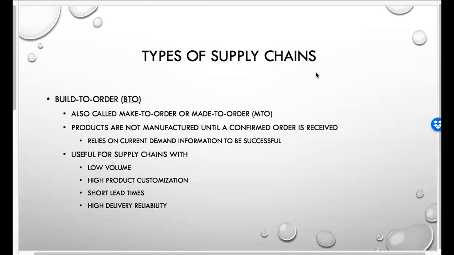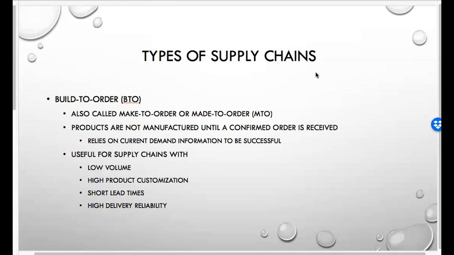Okay. So high product customization. If you are a low volume person with high product customization, then pull is good for you, because it allows you to add customization to fewer items. Pull strategies are a lot more flexible in that they can deal with product customization better. Also, short lead times are important. Obviously, high product customization and short lead times sometimes don't go together. High product customization is basically almost the same as an additional supply line. I'm going to cover principles of postponement in a minute, which goes into that in more detail.